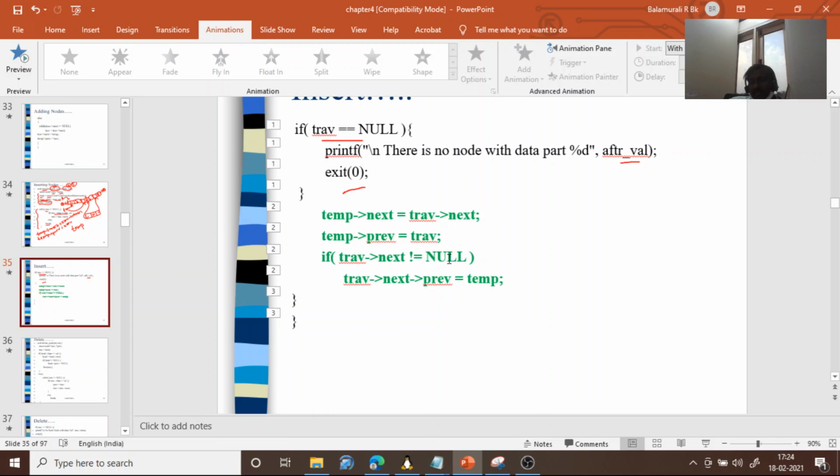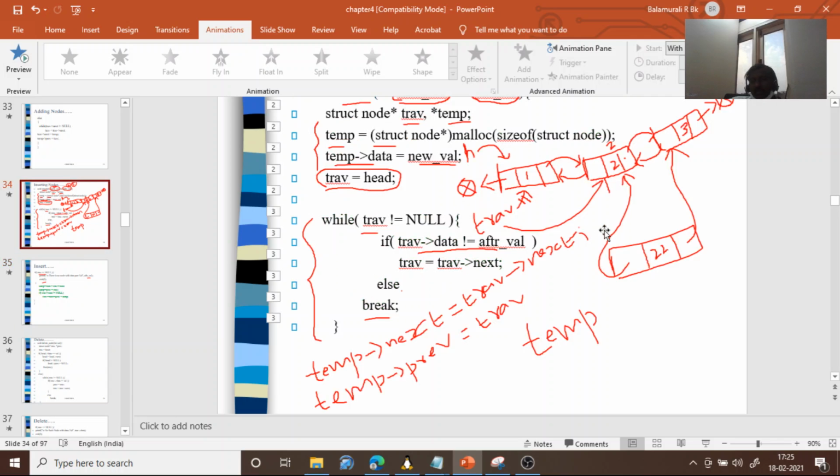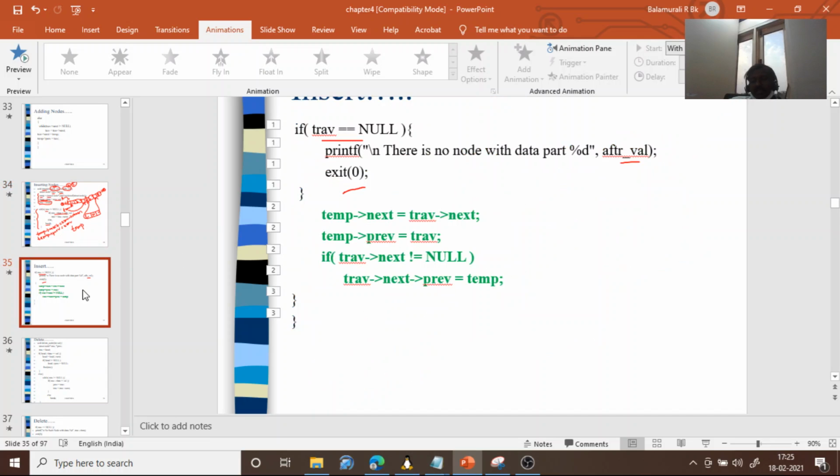If traverse arrow next is not equal to null, where traverse refers to node 2, then do that. If node 2's next is equal to null, it means the new node is the last node. If it is not equal to null, then whatever the current next node of traverse is, that node's previous will point to temp.